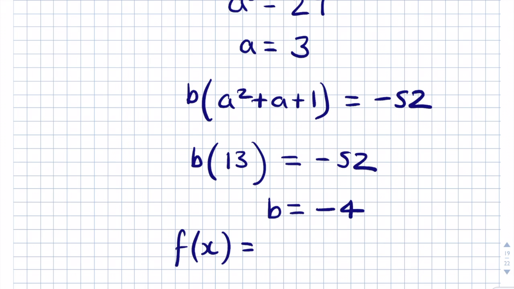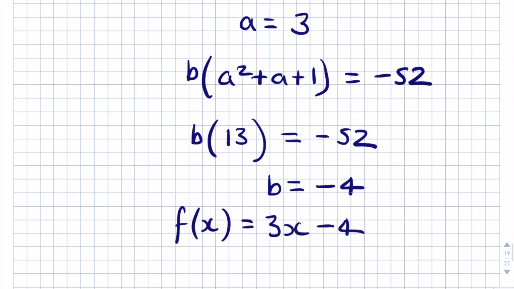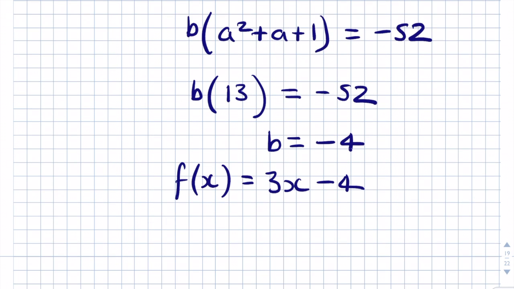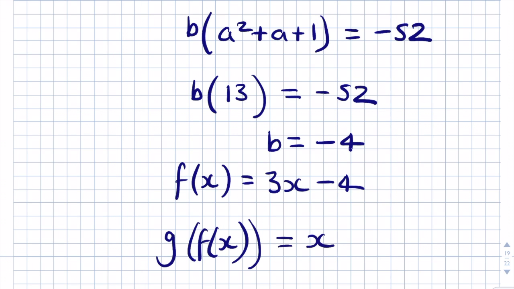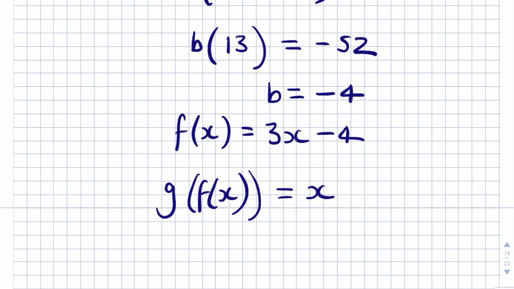which was just ax plus b, so it's going to be 3x minus 4. And of course, we need to find function g, whereby the composite function of g of f of x is equal to x. So what we've basically got is another function, if you like, g of x,